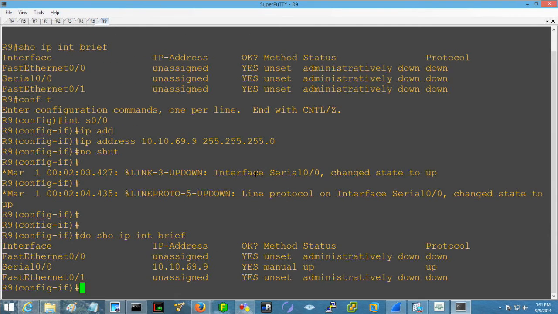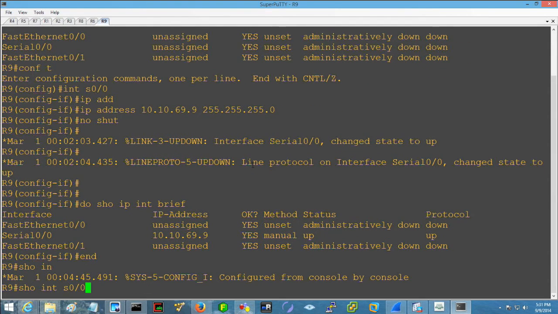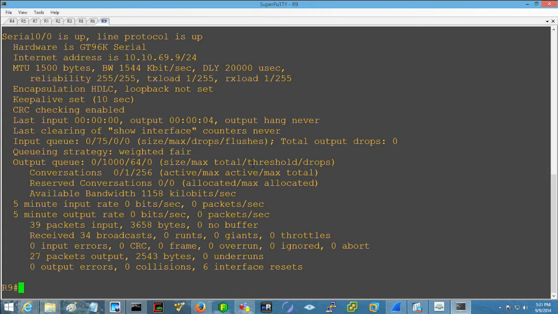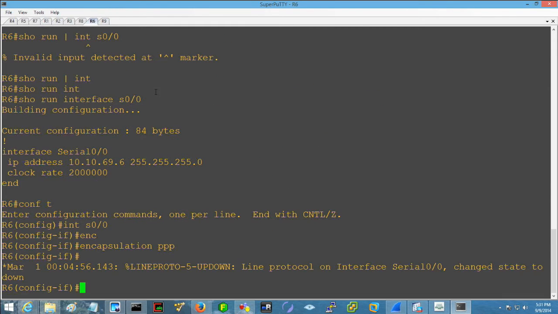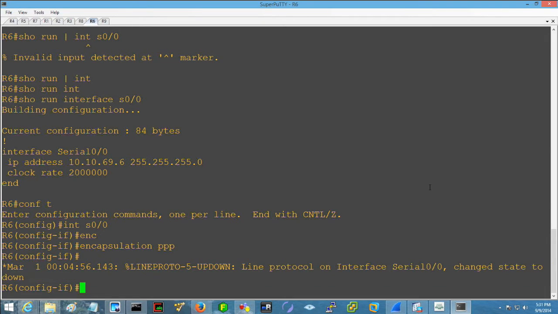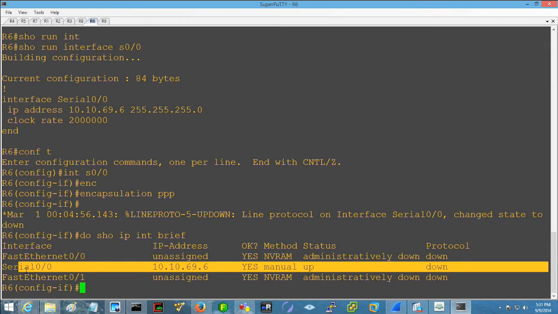This isn't something that we've seen yet. But if I do a show interface S0/0, serial's up, line protocol's up, it's not going to be for very long. So we're trying to send data across. We can see that it's not working anymore. And you see here, the line protocol changed its state to down. Now, we've been doing Cisco together for a couple weeks now, if you were with me in ICND1. And I don't think you've seen an up-down interface yet. This might be a first. Is this a first for anybody?